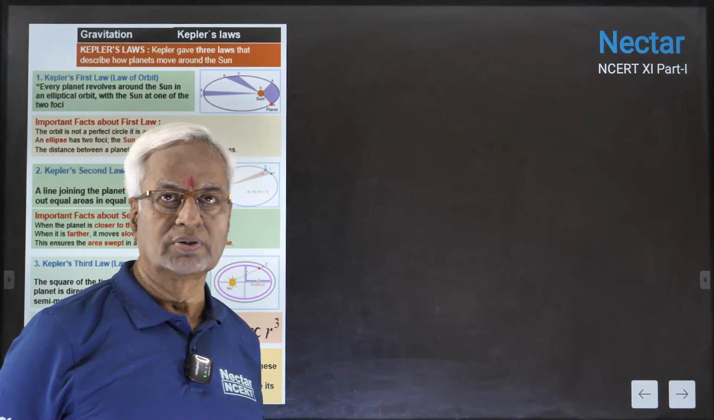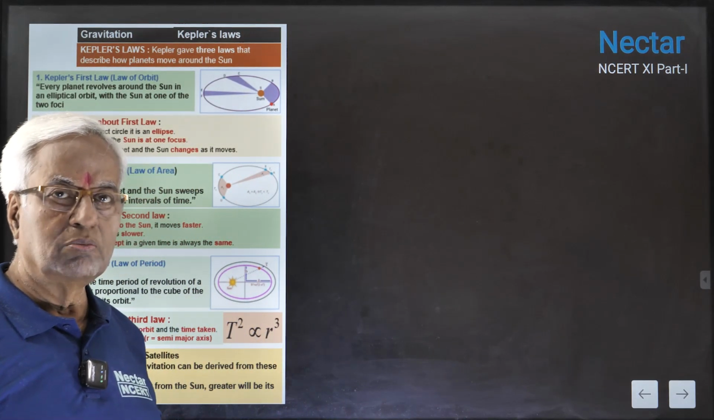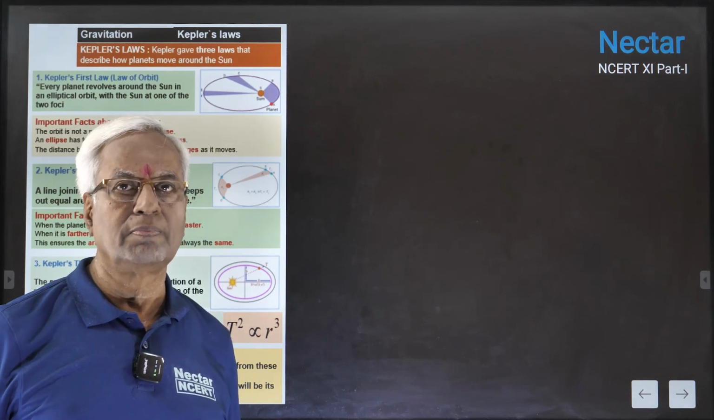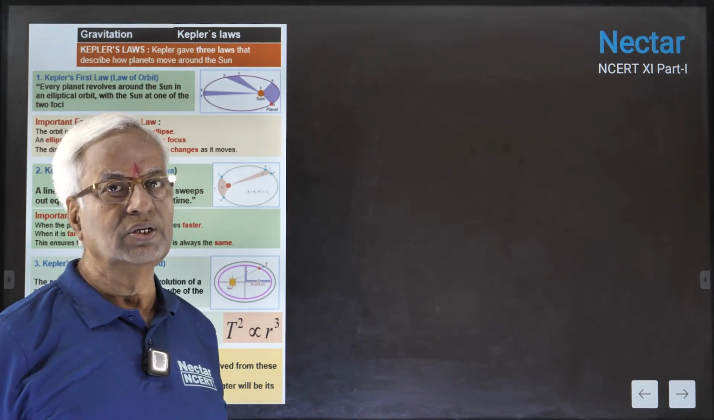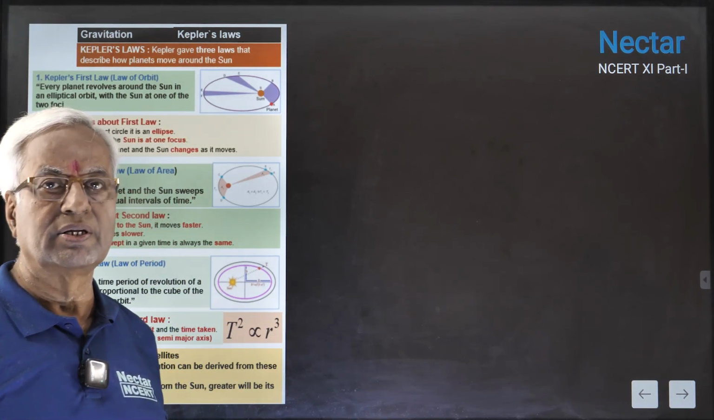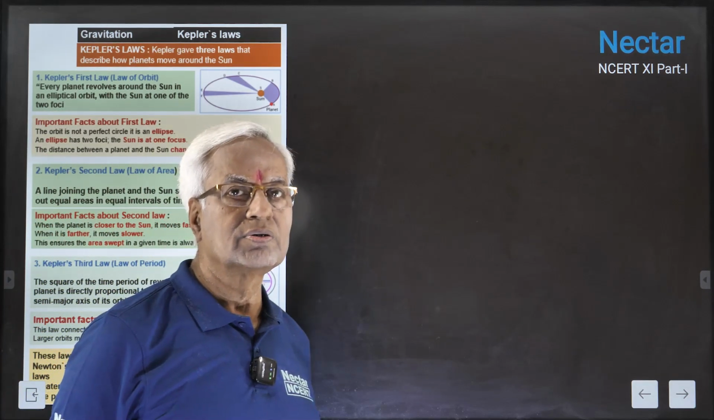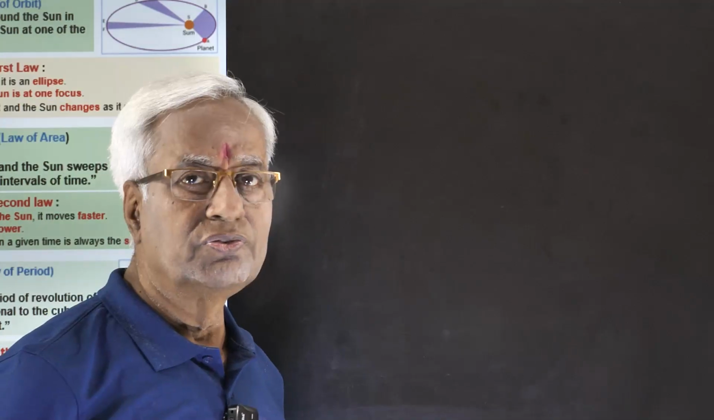Kepler's laws for the planets. The motion of planets is also called planetary motion. These laws are based purely on heliocentric theory, not on geocentric. First law,